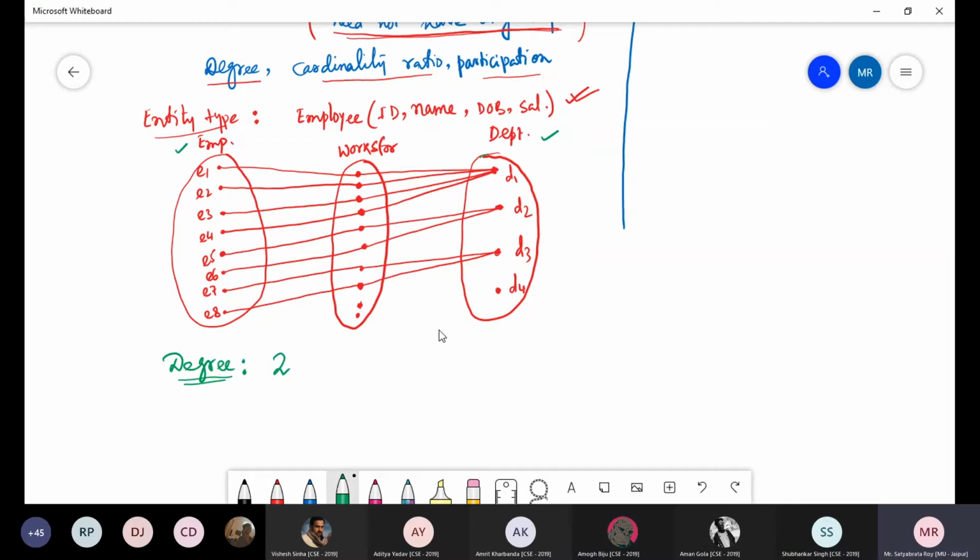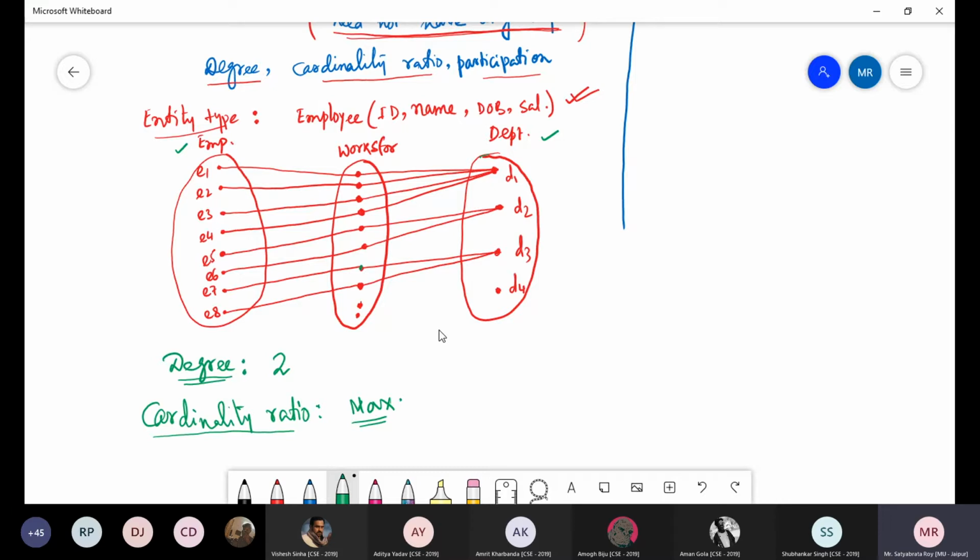Okay. Now let us find out the cardinality ratio. Cardinality ratio, again I am telling, cardinality means the maximum number of relationship instances with which each entity is associated.